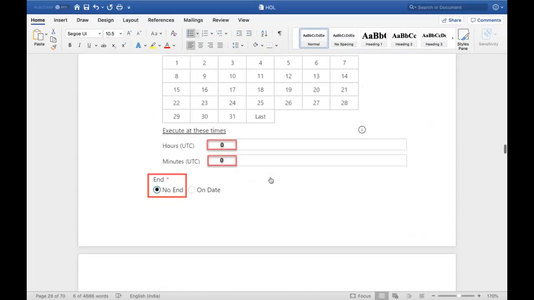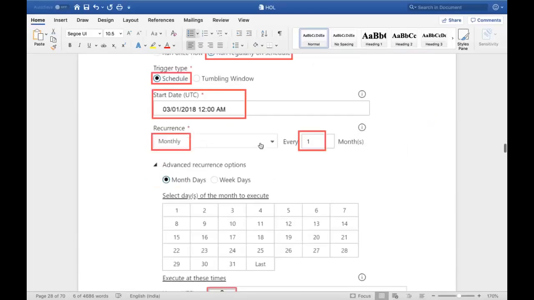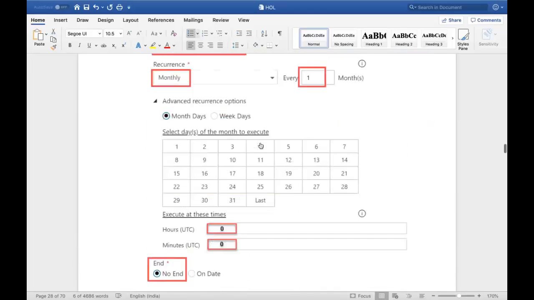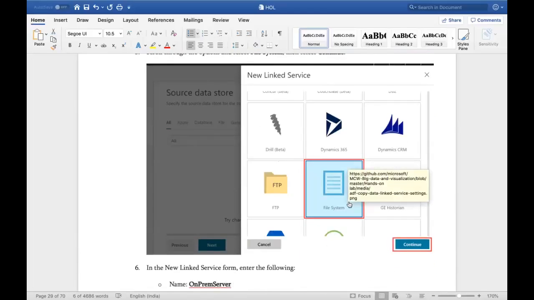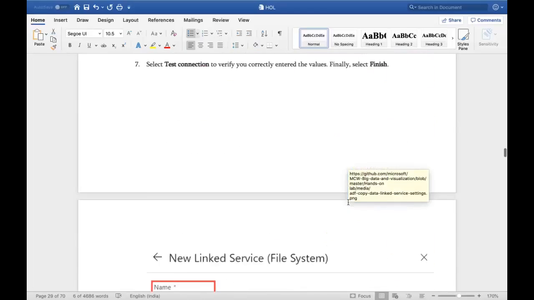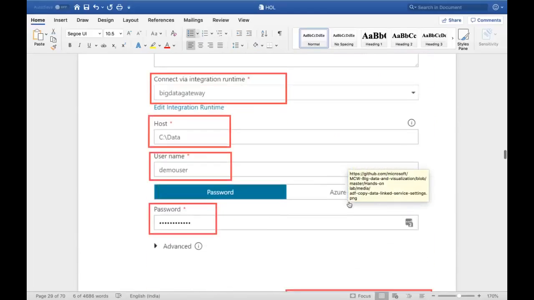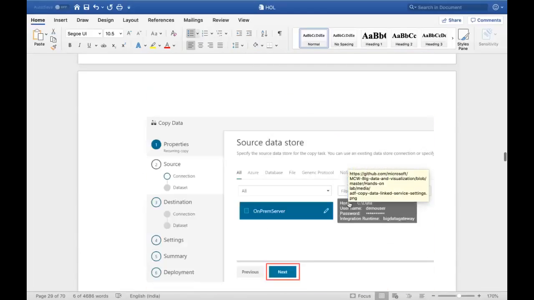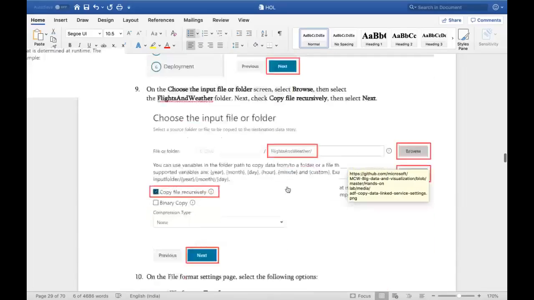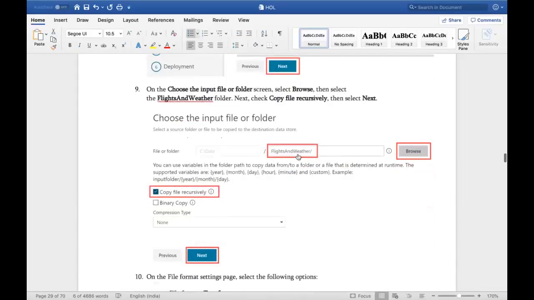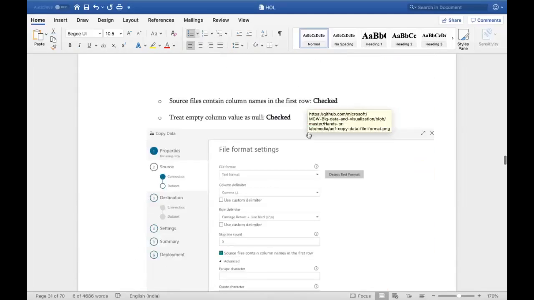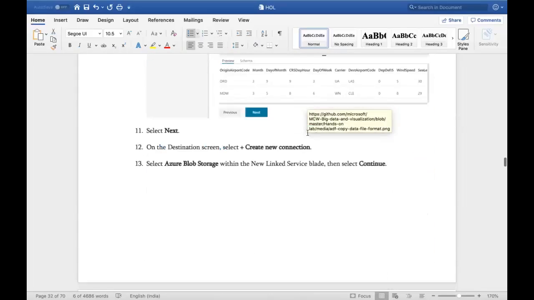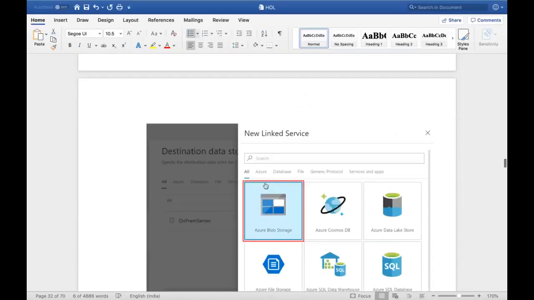I'm just defining the pipeline here like this. The source is some file system, whatever the location is, and the destination would be my blob storage. I just gave this one, and this is the path name. Inside this path, take everything that is there. Let me go down and show you that. Yes, the destination is blob storage.